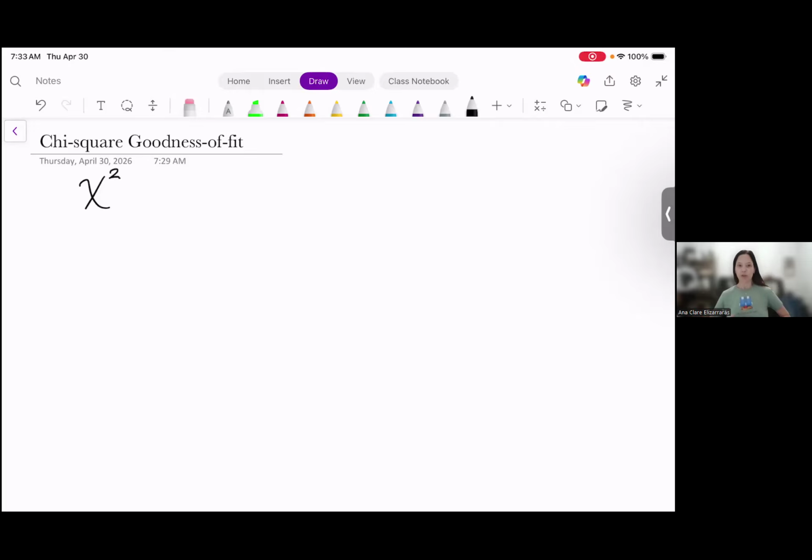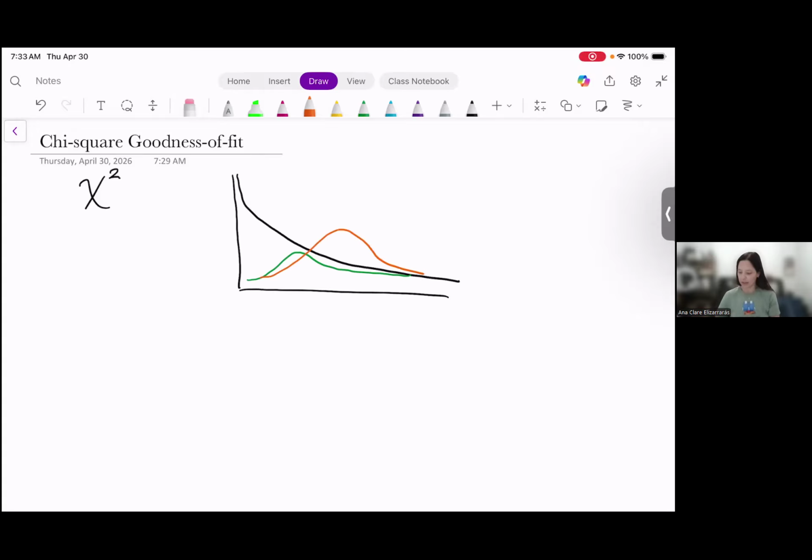A chi-square distribution is always going to be skewed to the right. It is not symmetrical. It does not look like a normal distribution, and it depends on the degrees of freedom. So your degrees of freedom is going to dictate, just like in a t-distribution, each different set of degrees of freedom is going to have a different curve. So your initial curve maybe looks something like this, but then as your sample size increases or your number of categories actually increases, you get more of a skewed distribution to the right. And let's say maybe it's actually more like that, maybe a bigger hump,